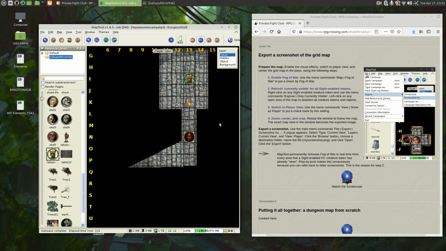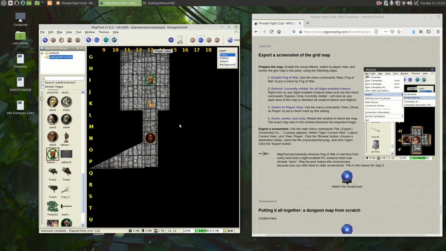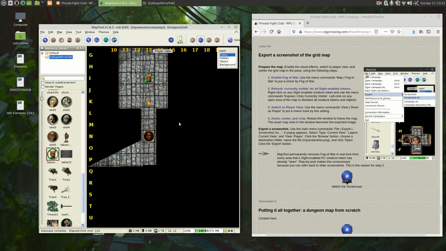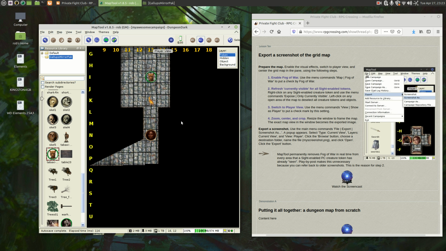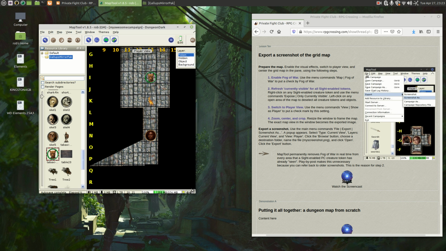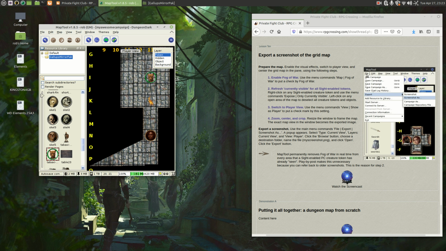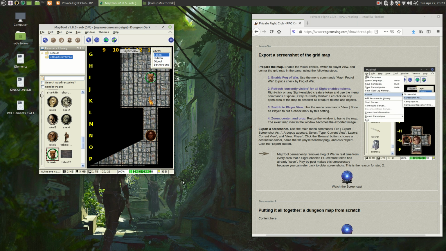And we center our view and size the window so that it's exactly as big as it needs to be to display the visible part of the map. You want to do this because when you export